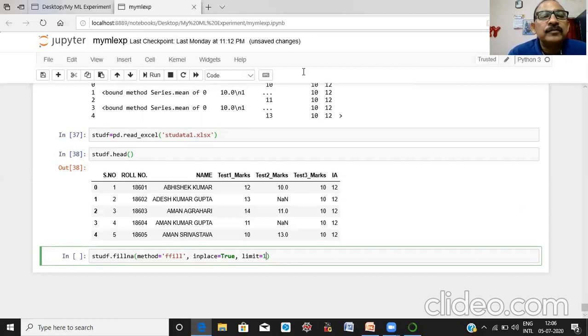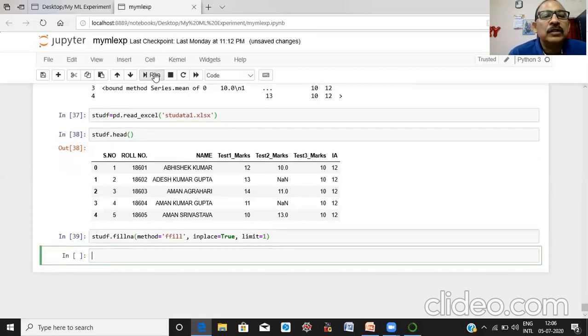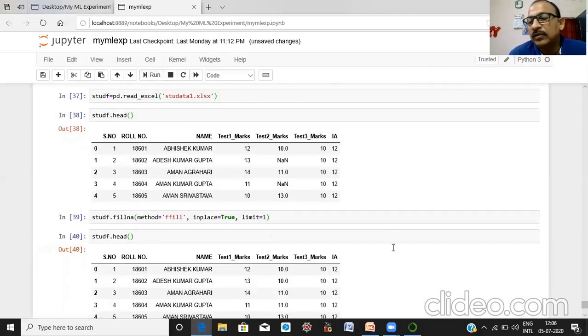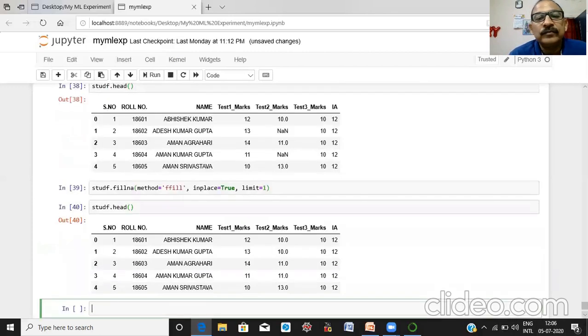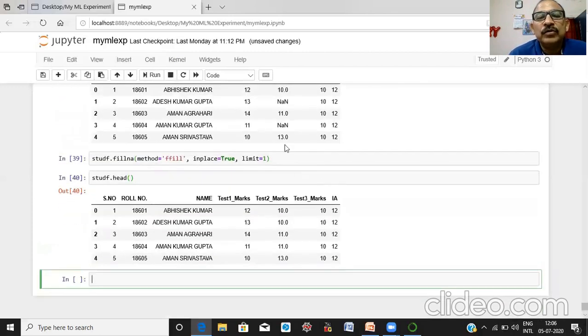Run it. Let us see what happened. Here you can see these missing values are replaced by the previous value. Here you can see the 10, here you can see the 11.